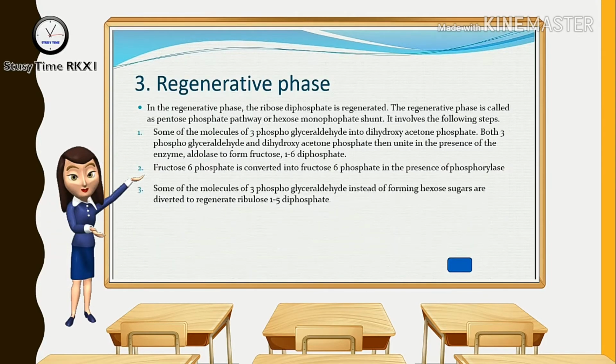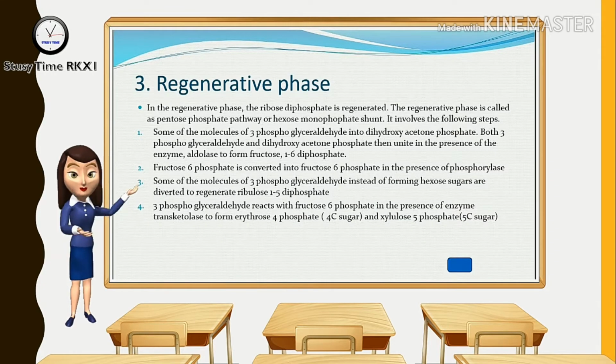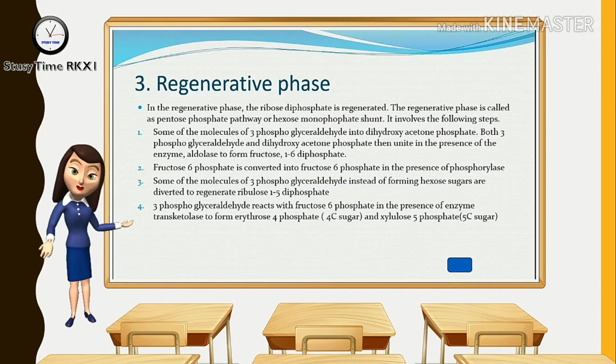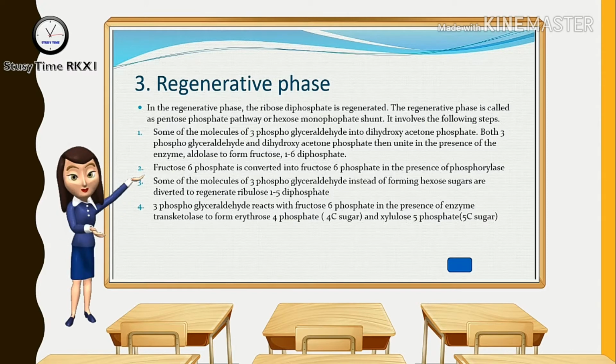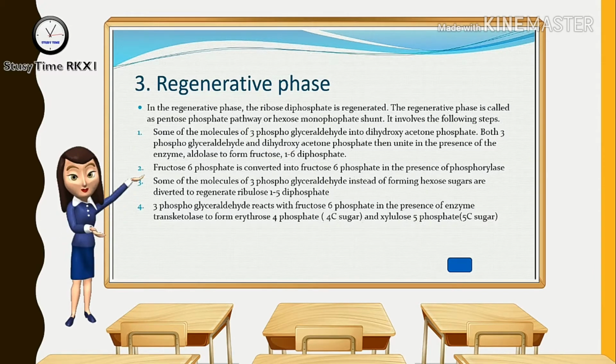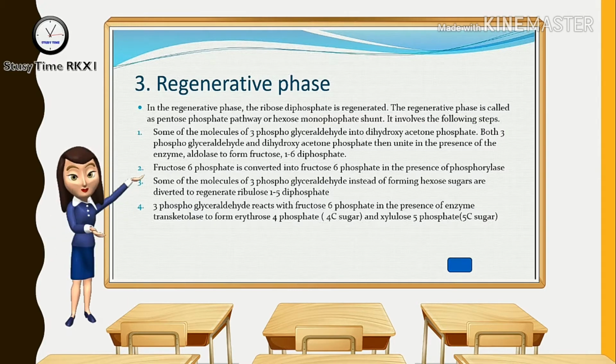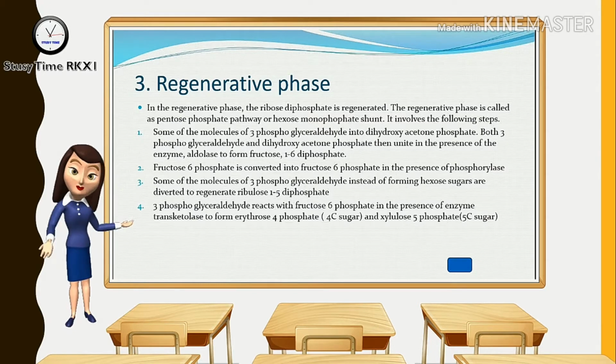Regenerative phase. In the regenerative phase, ribulose diphosphate is regenerated. The regenerative phase is called the pentose phosphate pathway or hexose monophosphate shunt. It involves the following steps. Some of the molecules of 3-phosphoglyceraldehyde are converted into dihydroxyacetone phosphate. Both 3-phosphoglyceraldehyde and dihydroxyacetone phosphate then unite in the presence of the enzyme aldolase to form fructose